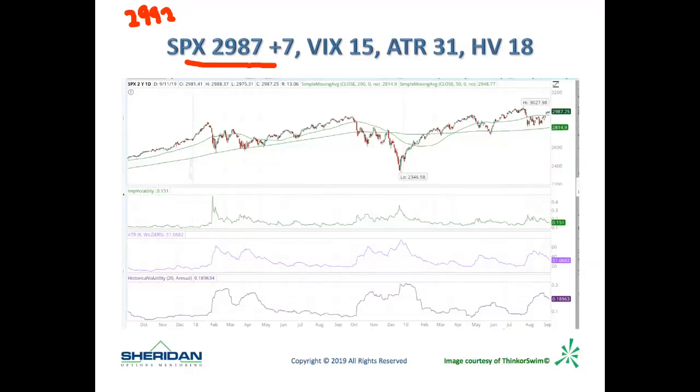The VIX levels are, I put 15. As we speak now, they're about 14.85. So ATR is much lower than it was. It's at about 31. And historical or statistical volatility is 18. And as you look here,